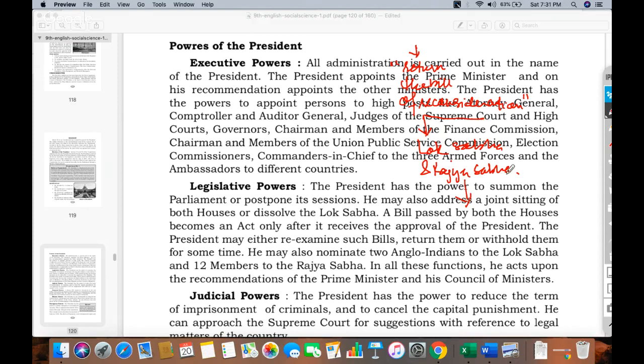No option now. He cannot do anything. So if the president returns any bill for reconsideration and Lok Sabha and Rajya Sabha pass it again and it is sent back to the president, he has to sign it. No other option. So the other method is,